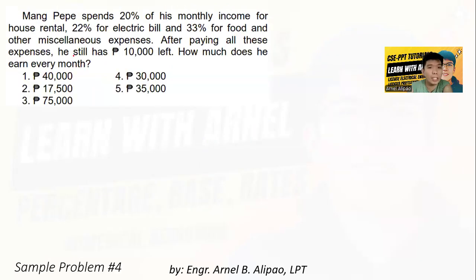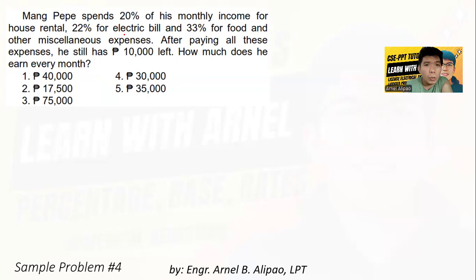Mang Pepe spends 20% of his monthly income for house rental, 20% for electric bill, and 33% for food and other miscellaneous expenses. After paying all this, he still has 10,000 pesos left. How much does he earn every month? All right, so let's